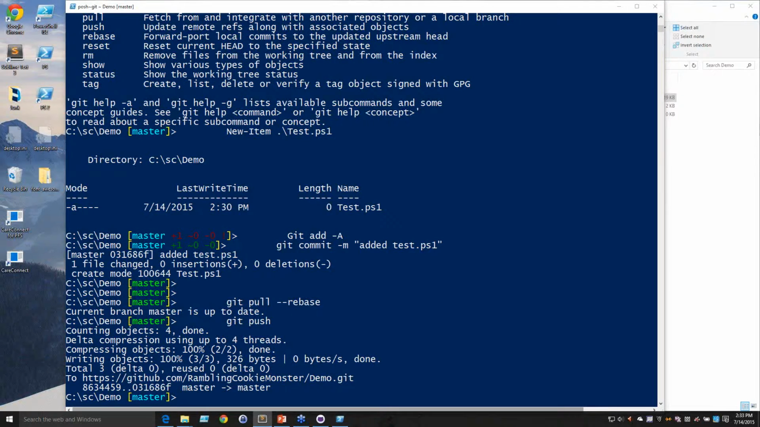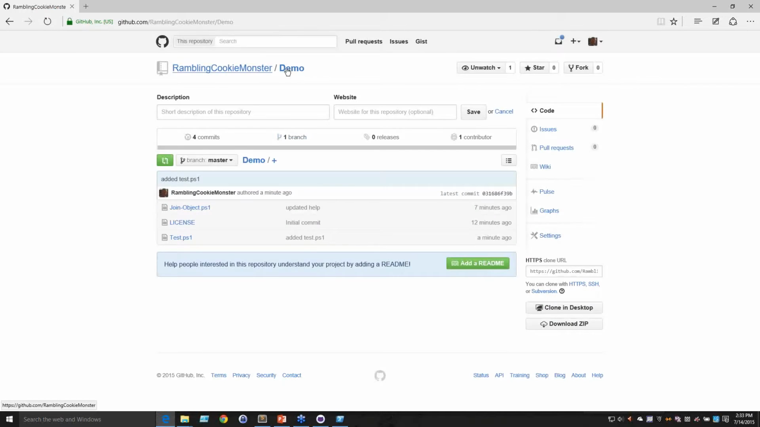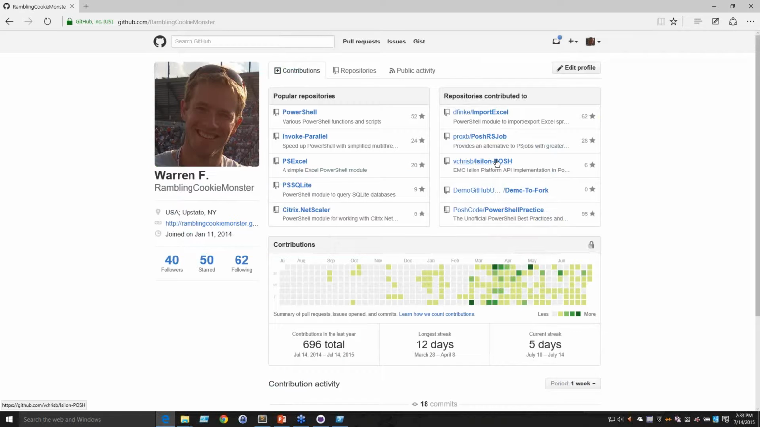Okay, so that's the super basics of using the shell. At this point, we're going to get into a concept that can throw you for a loop if you're not using it. But once you start to use it, it becomes pretty straightforward. So we're going to look at something called branches. If I take you out to the fork that we created, demo to fork,